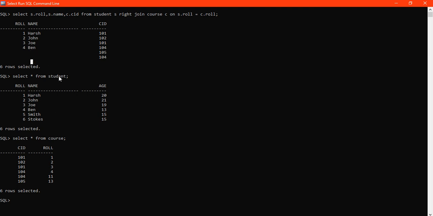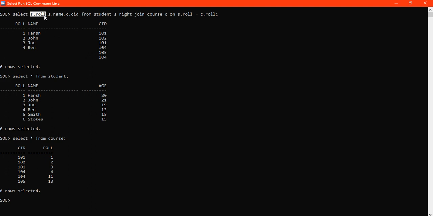If you had used c.roll instead of s.roll, then this roll number would have appeared. You must be thinking that the roll number is the same in both columns I am comparing, so what is the use of writing s.roll or c.roll?